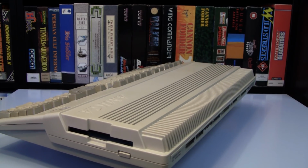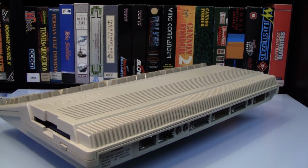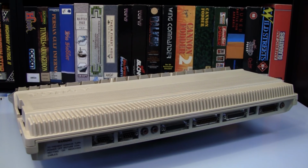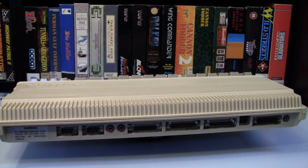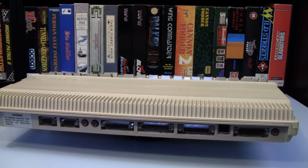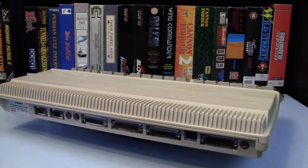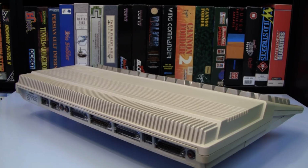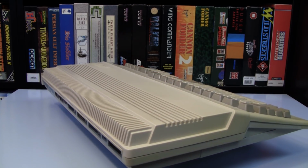The keyboard and the 3.5-inch floppy disk drive, which uses 880 KB double density floppy disks, are integrated into the Amiga 500 casing. The design of the Amiga 500 came from the Commodore 128 and the Commodore 64C model, but to be fair, I think it also had something to do with the fact that Commodore's biggest rival Atari used a very similar design for the Atari ST computers, and the Amiga 500 was the direct competitor to those machines,